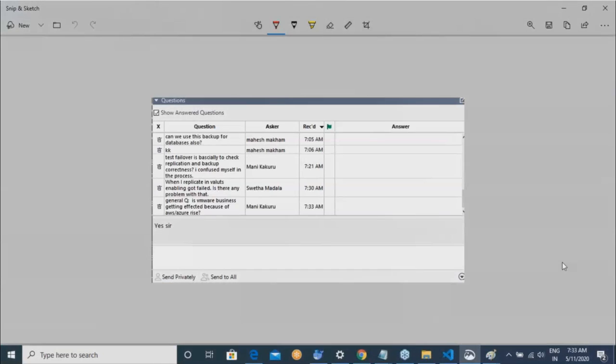When I replicate in vaults, enabling it is getting failed. There is no problem. What you can do is, the resource group which you are trying to give is already created. Try to give a new resource group. That could be the error, Shweta, at a max.